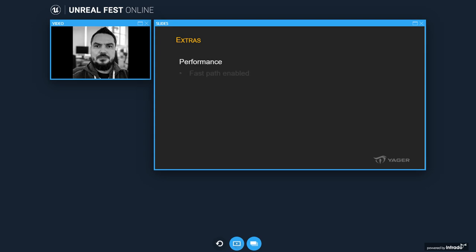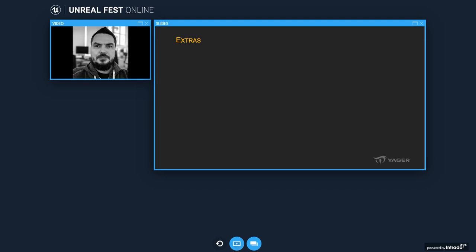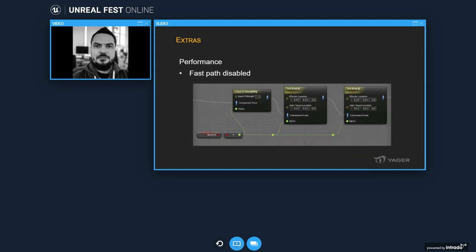So one way to do this is to have the fast path enabled in the animation graph. For quite a while, I think since before 4.10, Unreal Engine offers this. For most of the nodes inside the animation graph, we see a red lightning bolt that can appear on your node. That means you have the fast path enabled, and that means the animation graph is evaluated faster. When you don't have this, like in this case, where the lightning bolt is gone, the fast path is disabled. It's not the end of the world, but nevertheless,